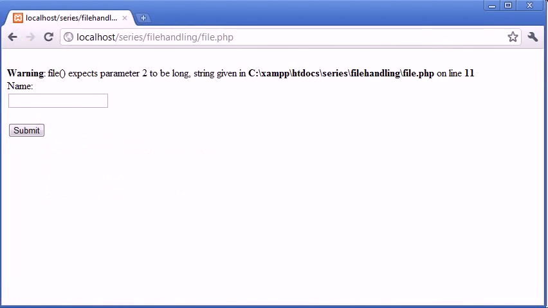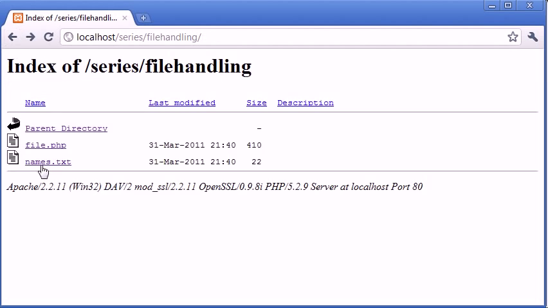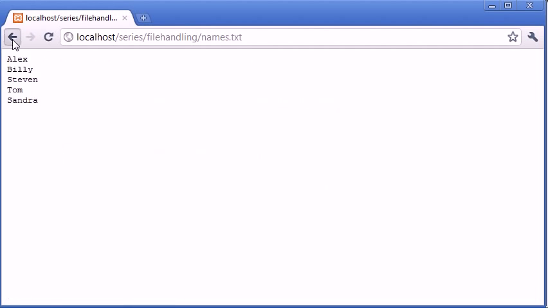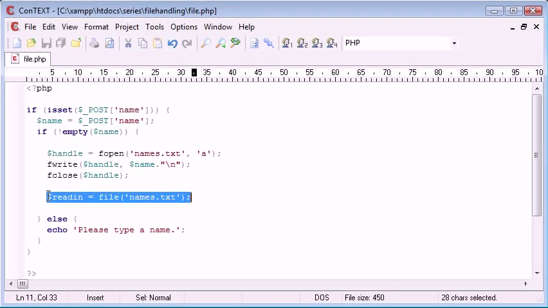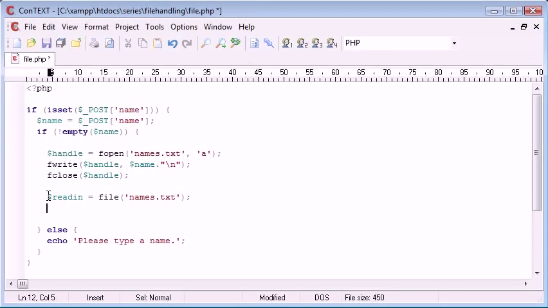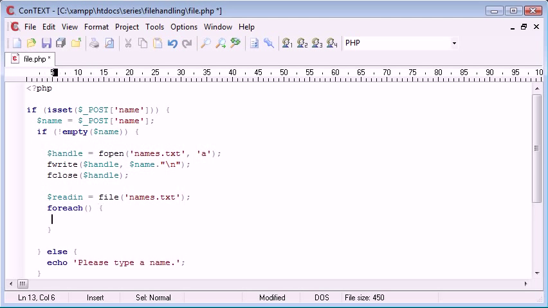So let's refresh that. Actually, that will have written, so let's just check back on that. Okay, yes, we've got Sandra added to the end of the list. So our goal is to read the file in, which we've done. Now what we want to do is use foreach, and we want to say readIn as